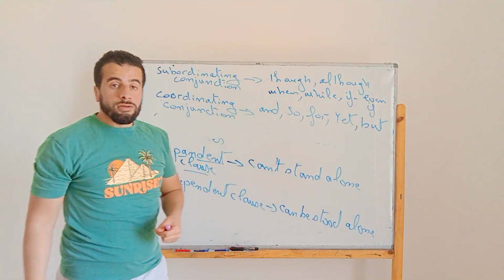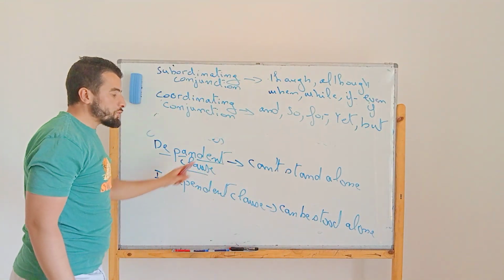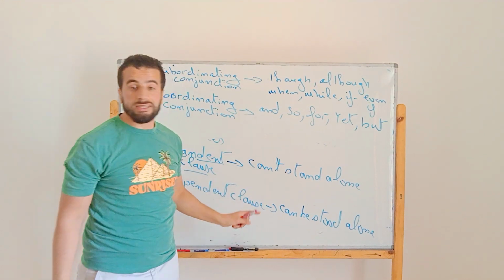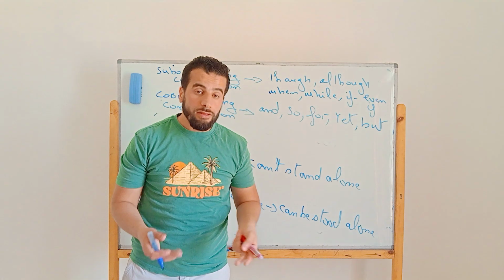Right. So we use these conjunctions in order to connect dependent and independent clause, which leads us to the next